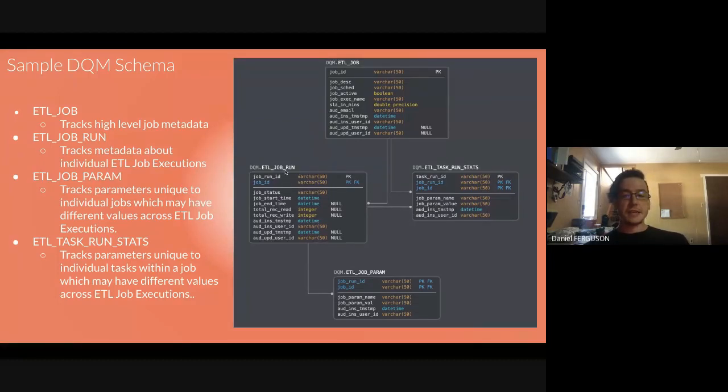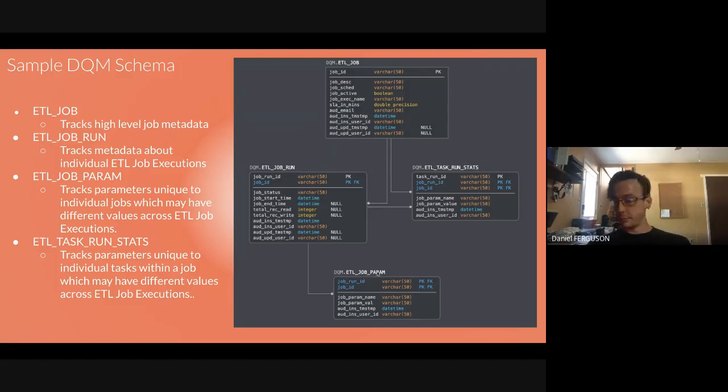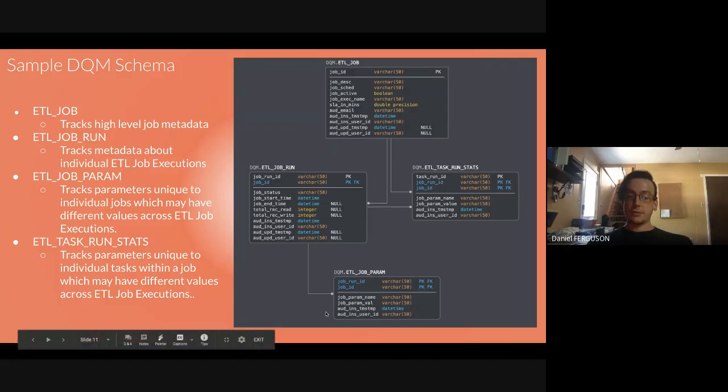And this is not the end-all be-all example of what kind of data you want to collect in your DQM jobs. This is just a sample of what we needed for this customer and what the customer needed to enforce a high level of data quality in the very infant stages of a data lake. As your data analytics jobs and as your ETL jobs get more and more advanced, you probably want to collect more data or break up your DQM schema into more detail. For example, the ETL job param I mentioned, we didn't really use this, but this might be something that you want to flesh out a little more if you have a more mature setup.